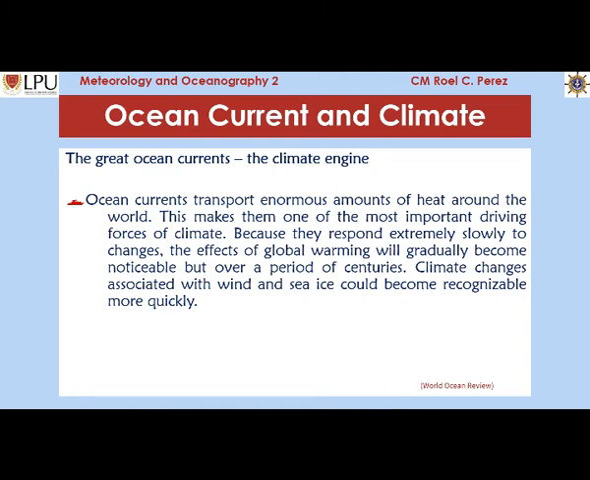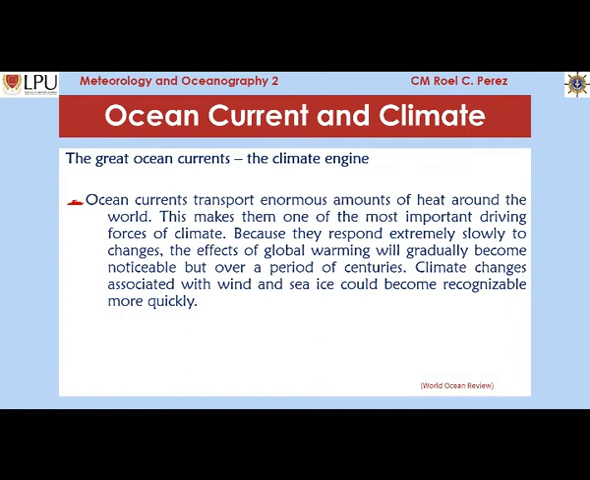The effect of the ocean current on climate. So the great ocean currents, for example the Kuroshio and the Gulf Stream, are climate engines because they also affect and change the climate in the areas where they deliver the warm water. Ocean currents transport an enormous amount of heat around the world. This makes them one of the most important driving forces of climate